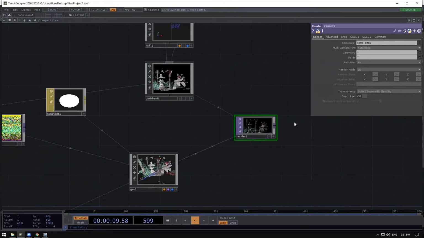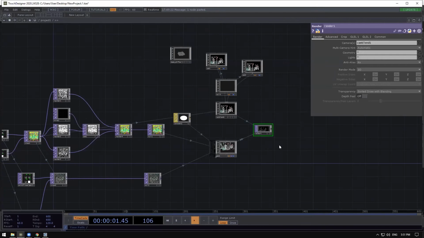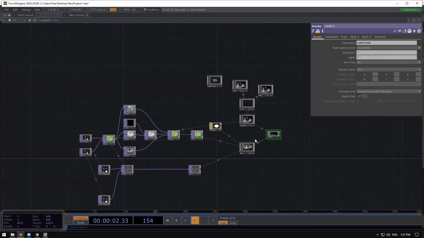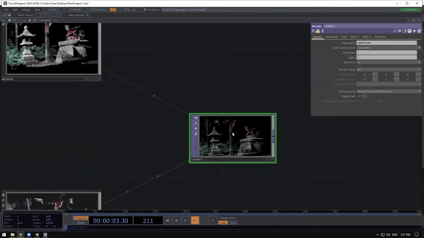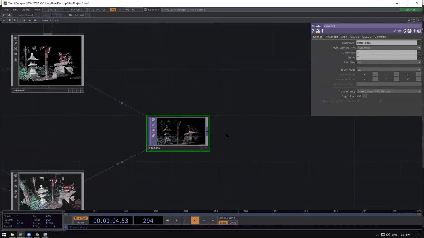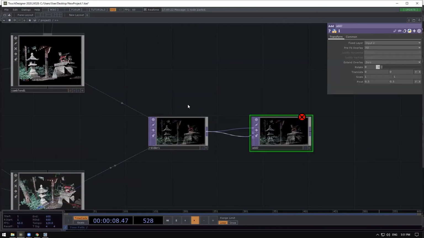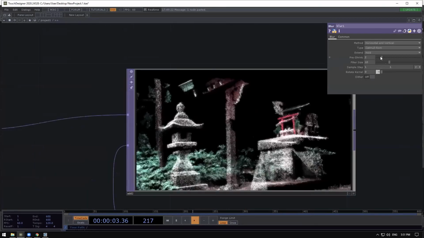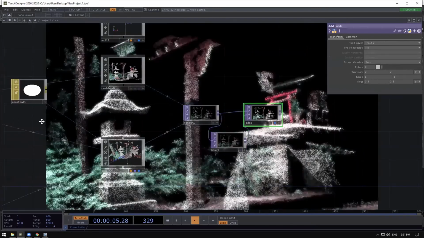We're gonna do a cam blend. This is, we can make it glow, why not? Let's make it glow. We can add it to itself and then use a blur, and that's going to give us a bit of glow on our point cloud. And now when I switch between this cross,